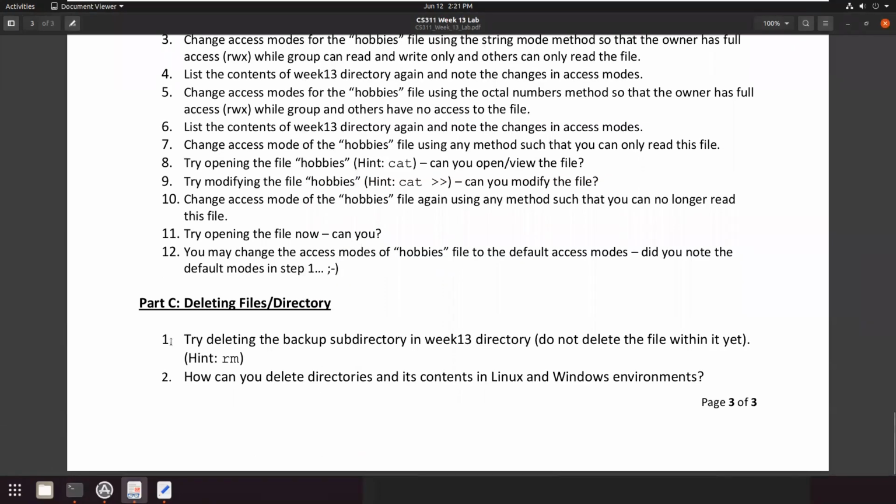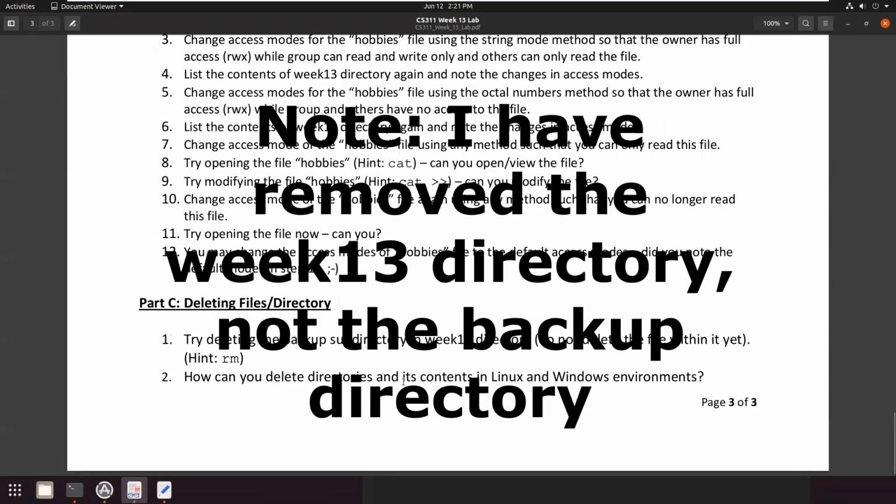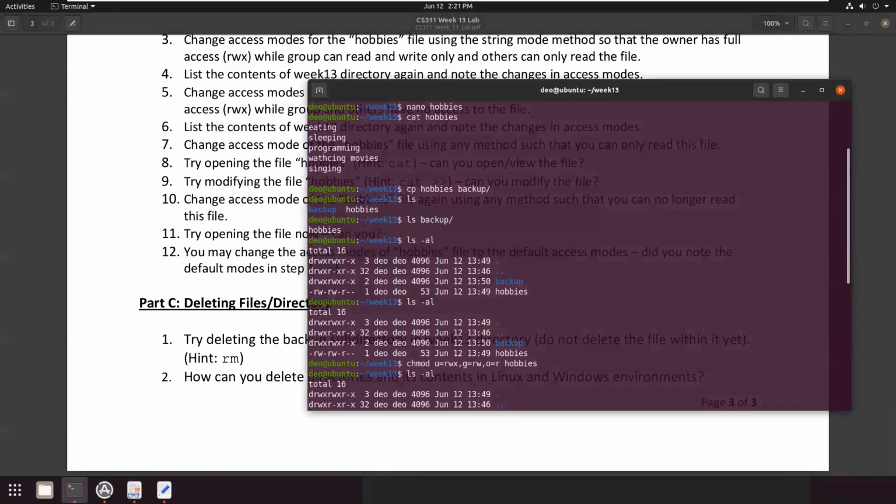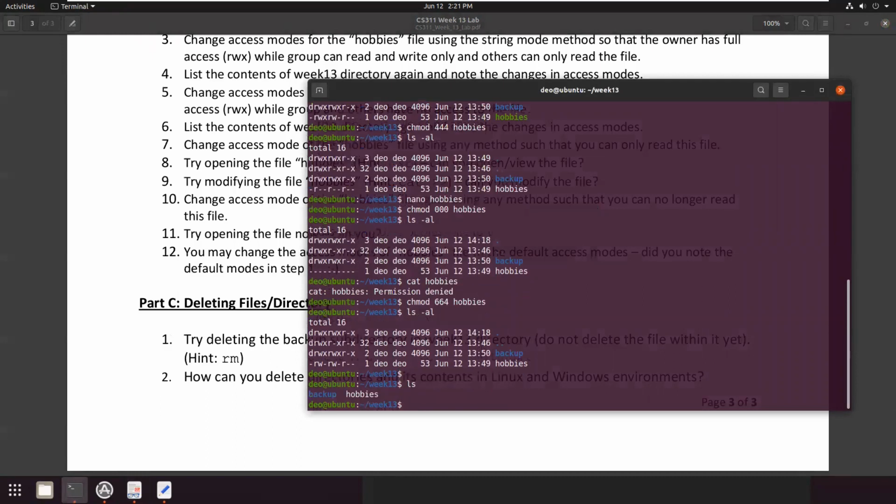Then part C says deleting files and directories. It says try deleting the backup subdirectory in week 13 directory without deleting the file within it yet. So at the moment I am inside the week 13 directory.